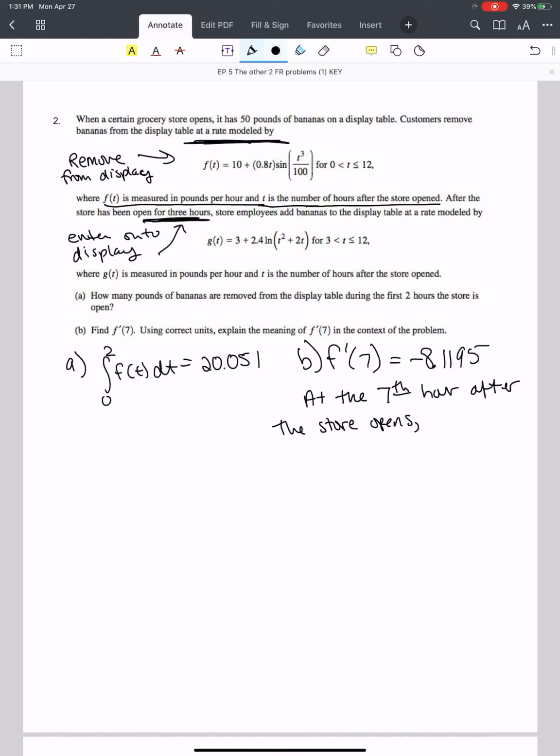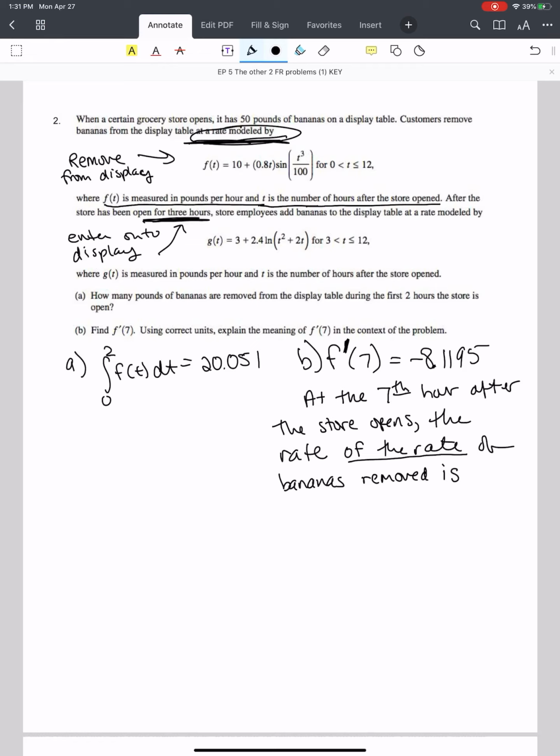Now, we are finding the rate. We are finding the rate of something. So you say the rate, and then you say what you're finding the rate of. You're finding the rate of a rate. It already has rate again, so you have to write it again. The rate of bananas taken off the store, removed, is,